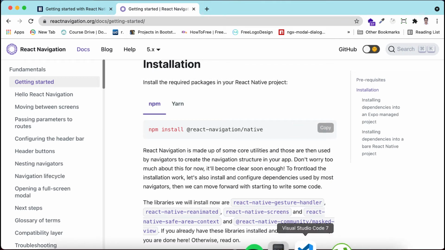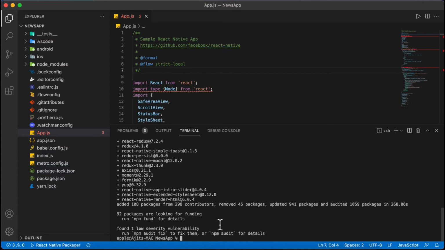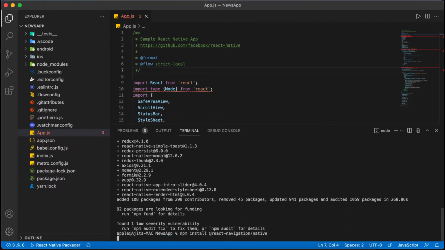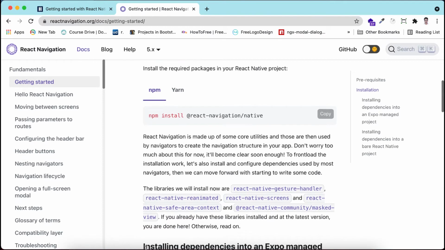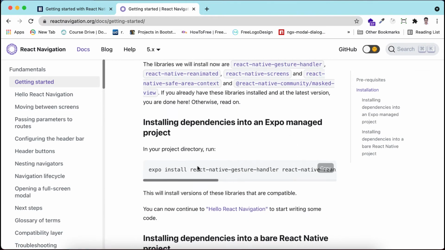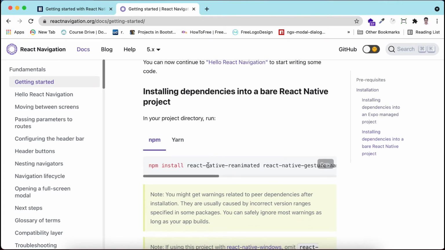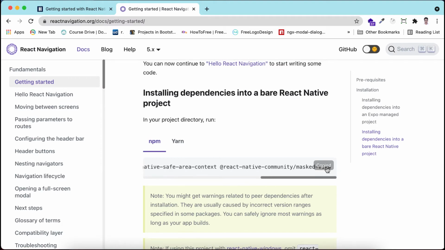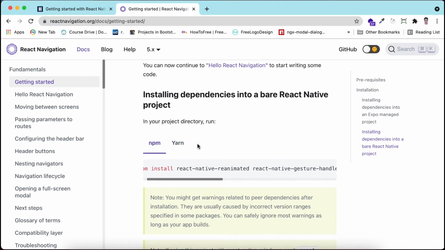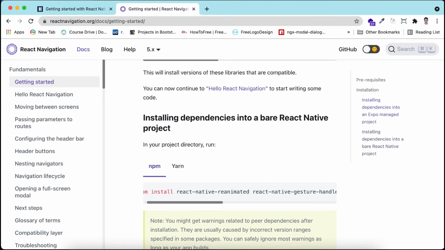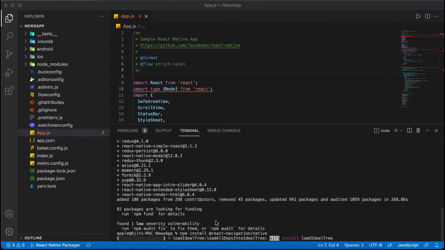And in VS Code I am pasting it here. Then we will install the packages that React Navigation needs. We need to install all these packages, and after installing these, we will install the next ones.